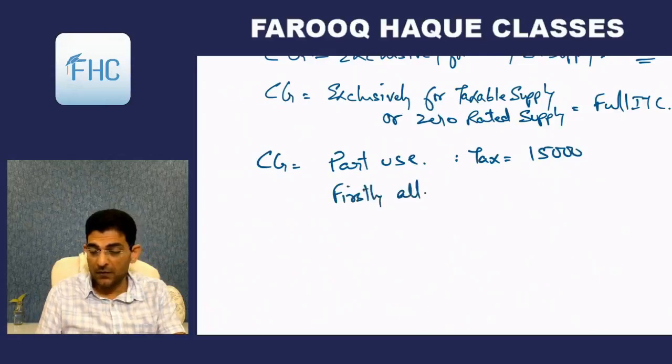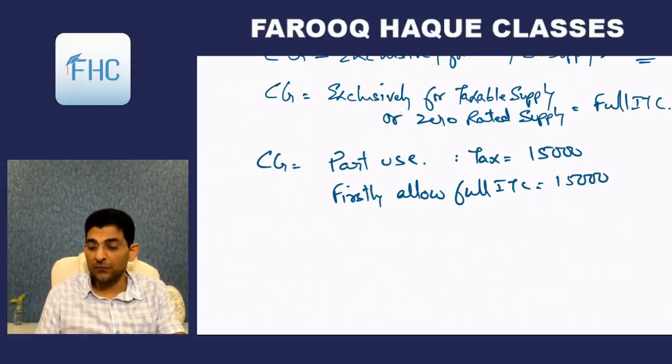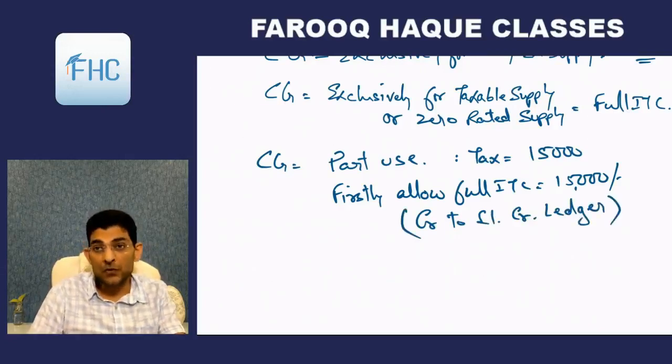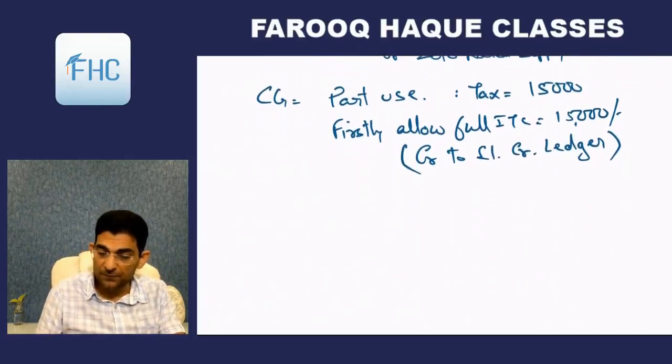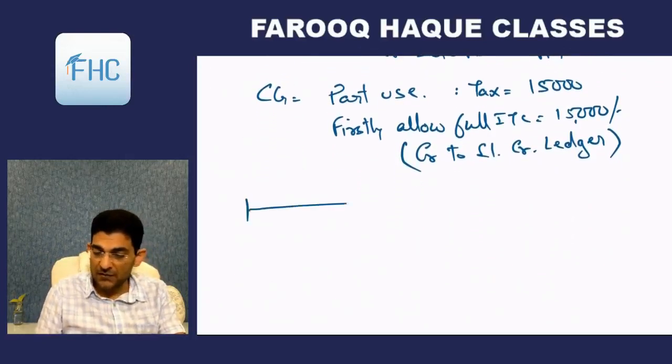Firstly, allow full ITC. Okay, so we'll take full ITC of 15,000 in our electronic credit ledger. We'll credit to the electronic credit ledger full 15,000 rupees. Okay, then what we do is, we estimate its life as 5 years,